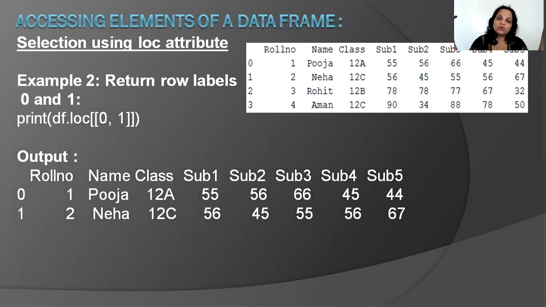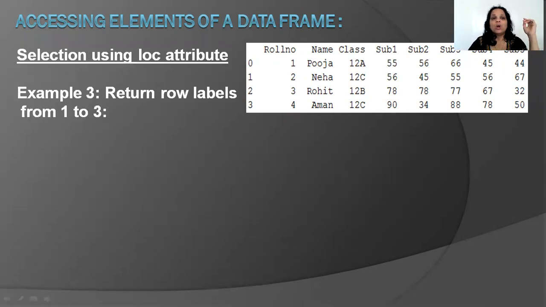Now it's giving me the output row-wise because I'm dealing with two people's records. If it's more than 1, it is going to show me in tabular form. If it's 1, it's going to show me in free form. What you just saw previously is called the free form way of display. Okay. Now, what if you want to return row labels from 1 to 3, like a range, like a continuous pattern? Okay, the previous method 0 and 1 also comes under this category, but suppose it was 0 and 3. 0 and 3 are not continuous labels, right?